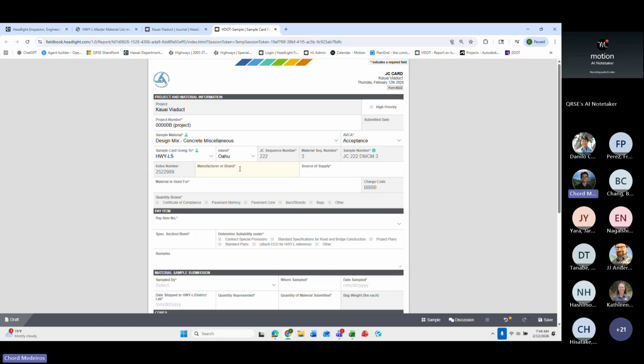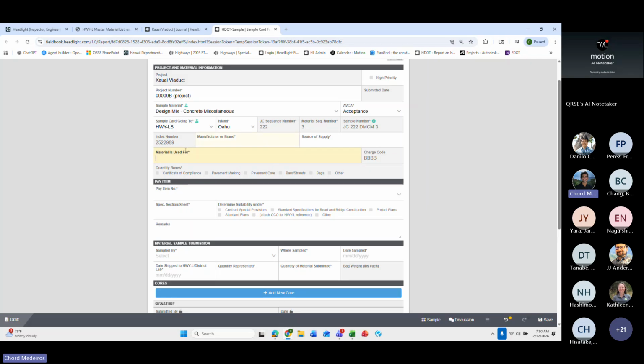You select this. Again, for these two fields here, obviously you can go in the submittal and try your best to find out the manufacturer. Obviously, the manufacturer is the one who should be submitting the certificate of compliance and signing to certify the mix design, the certificate of compliance. But in some cases, on the cover letter, the contractor will be submitting this information. So they need the supplier, manufacturer, what material it is, and what this material is being used for. This ties in with the pay items, but again,